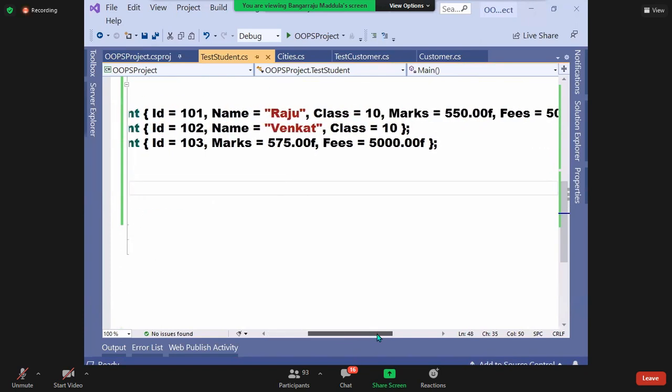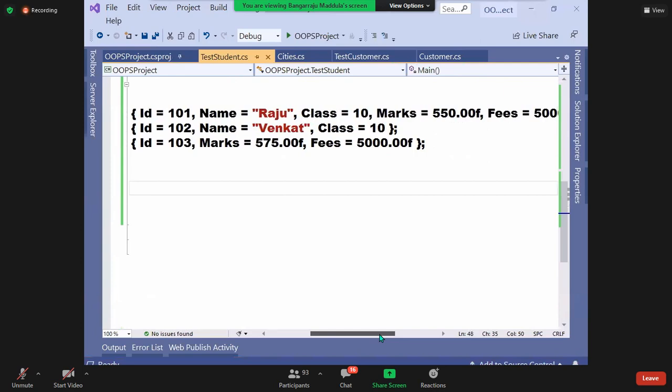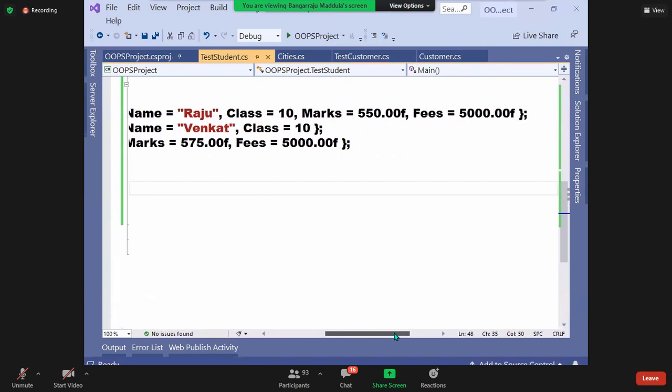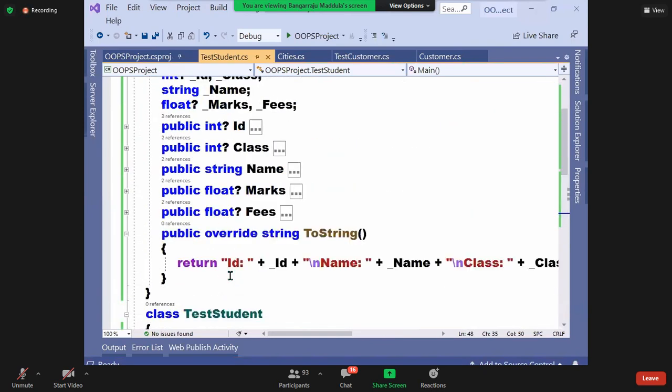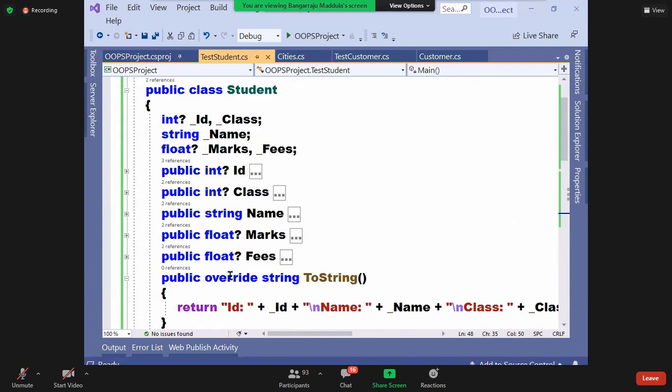We call this object initializers, introduced in C# 3.0. So from now onwards, instead of defining constructors, better define properties in your code. Did you catch my point? Constructor definitions will be very high in number. But the number of properties to define is the same as the number of fields. If you have 10 fields, 10 properties are enough. But for 10 fields, 10 constructors won't be enough. For 10 fields, you require 2 power 10. But 10 fields, 10 properties.